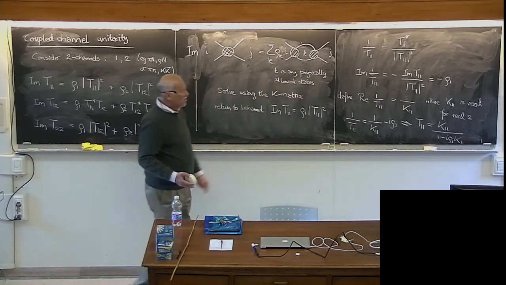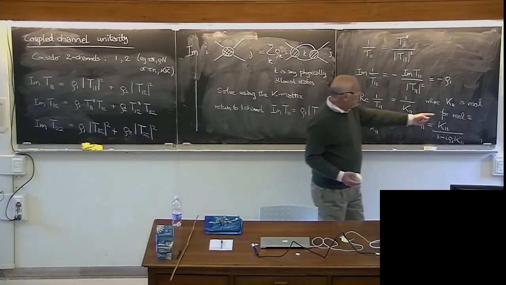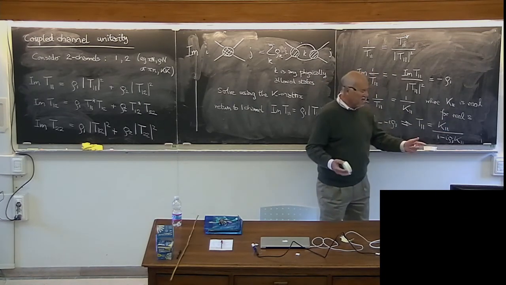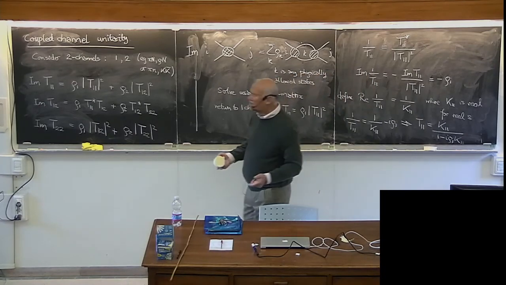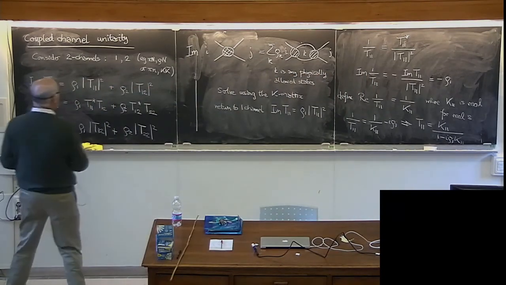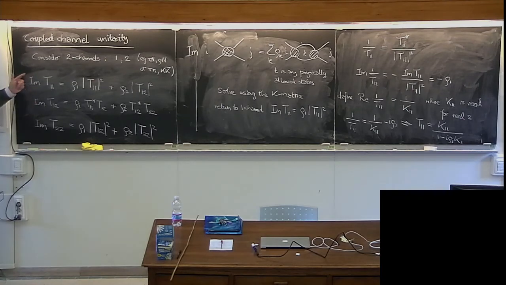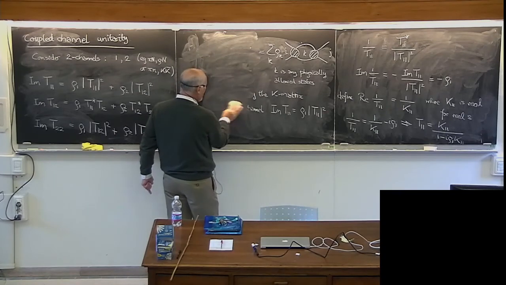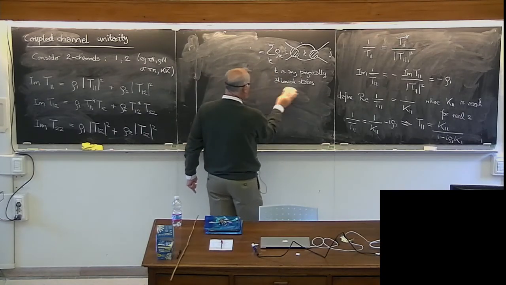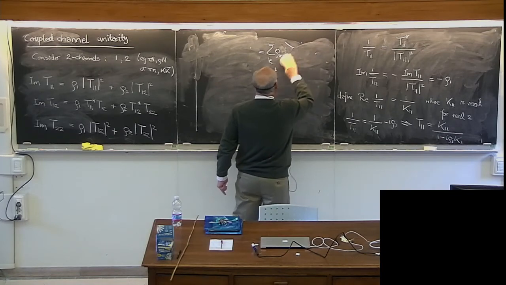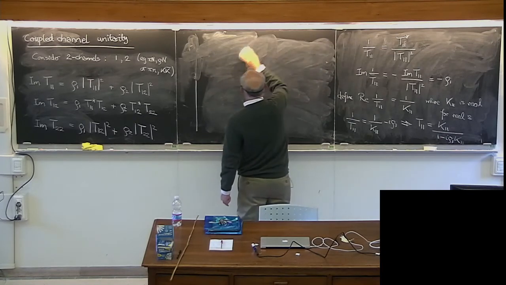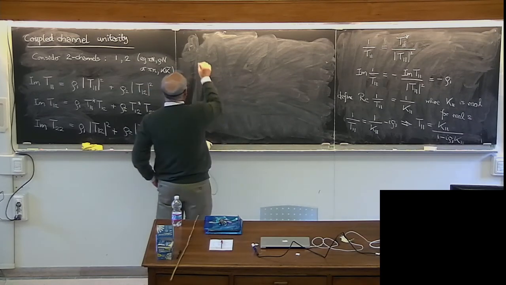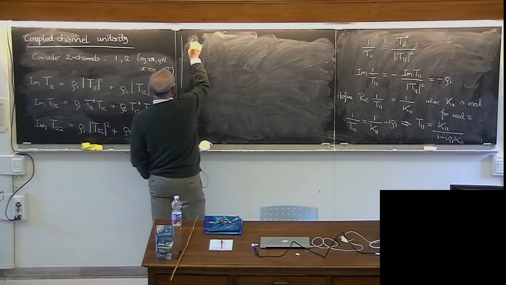Now, in the case of one channel, this K11 is called the K matrix. Why is it the K matrix? Because it generalizes to any number of channels. What you can show, and a nice little exercise for you to do, is to show that those three unitarity relations on this side of the equation for any number of channels